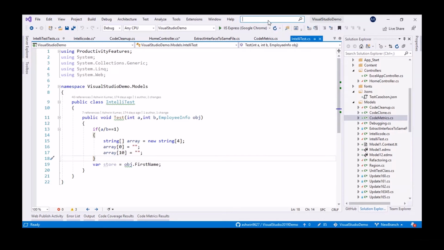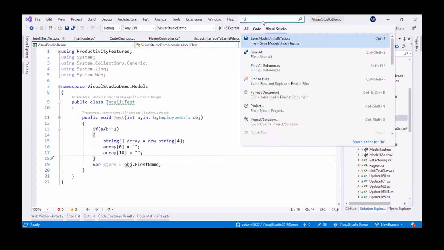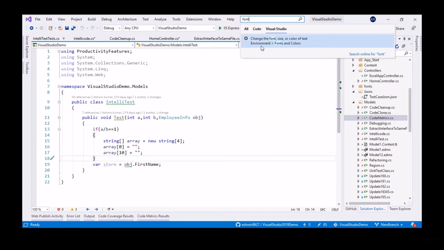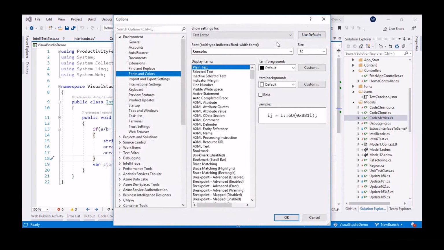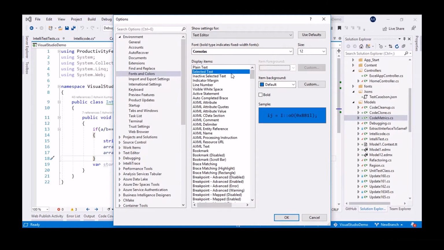So what you can do is select Visual Studio and just type font. Immediately you can see it giving you a suggestion, change font color, and by double clicking on it, it will navigate you to this options window. So you can select your font size and font text, whatever it may be.